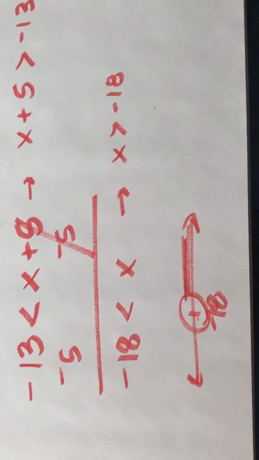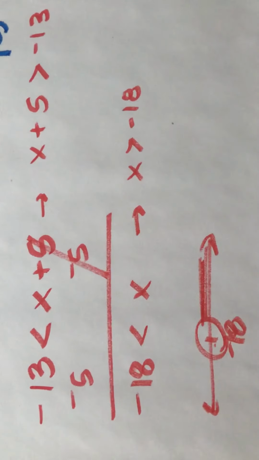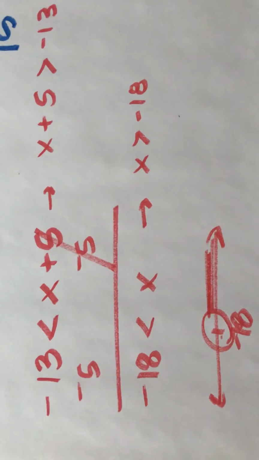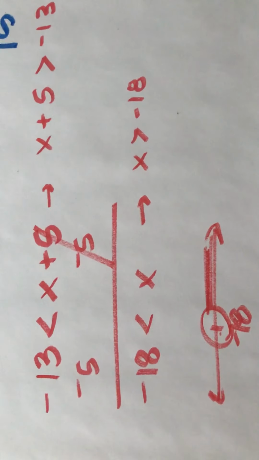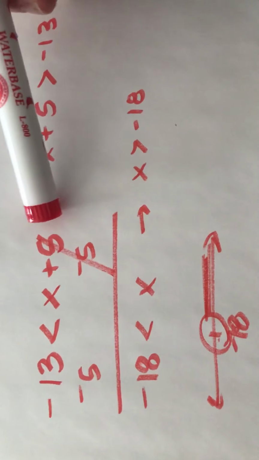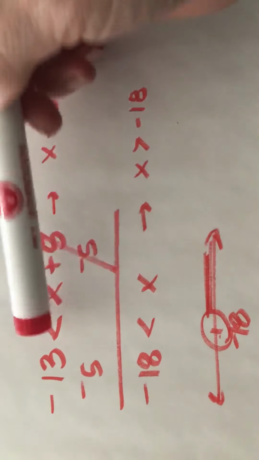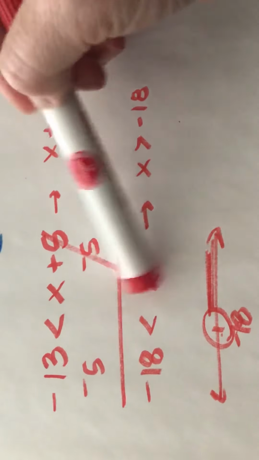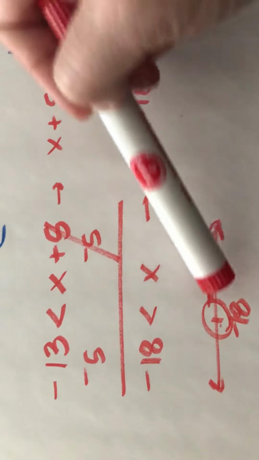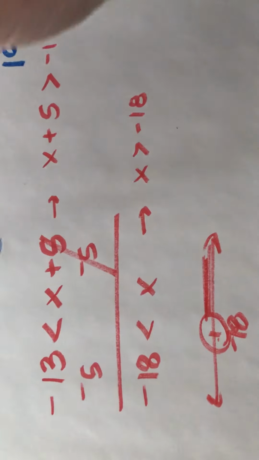Show you that example because number 1, if you rewrite the problem, you've got to make sure you flip the sign. But 2, a lot of times students will ask me, can't you just shade in the direction that the sign is pointing? I learned that trick also in school. The problem is, though, when you have a situation like this, if you don't rewrite the question and you shade the direction that the sign is pointing, your graph is going to be incorrect because this is saying that x can be anything greater than negative 18. So that's why I stress that you look at where the numbers are located rather than the direction that the sign is pointing, because that is a trick and it doesn't always work because you are going to see